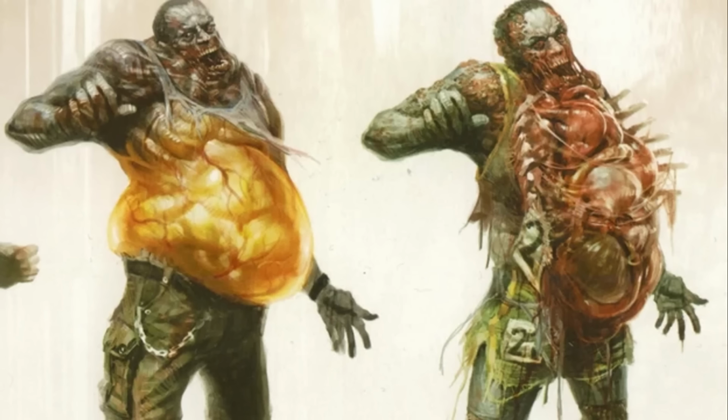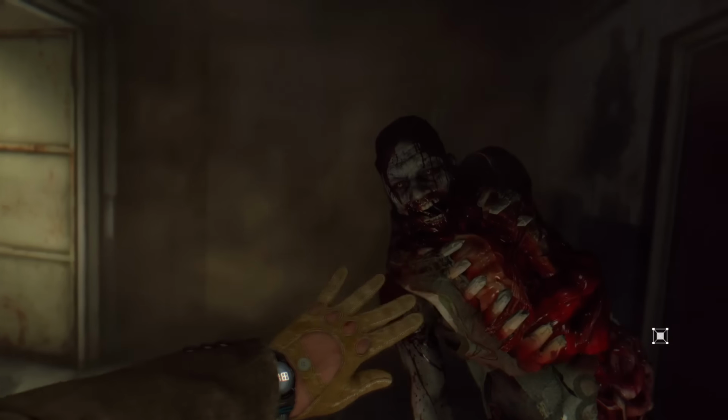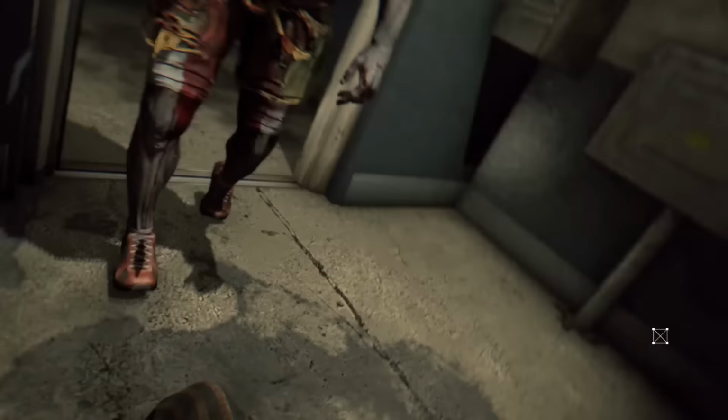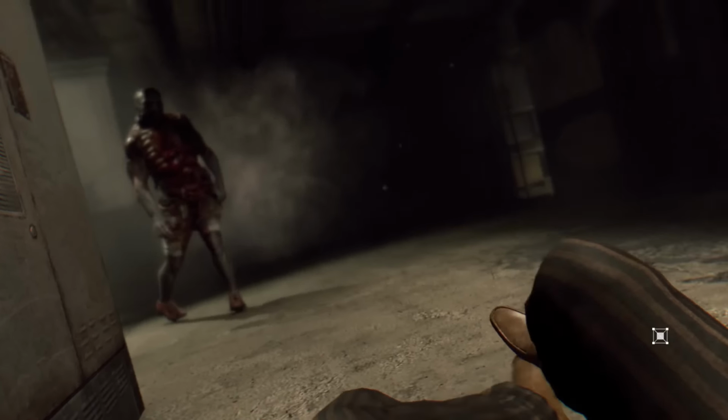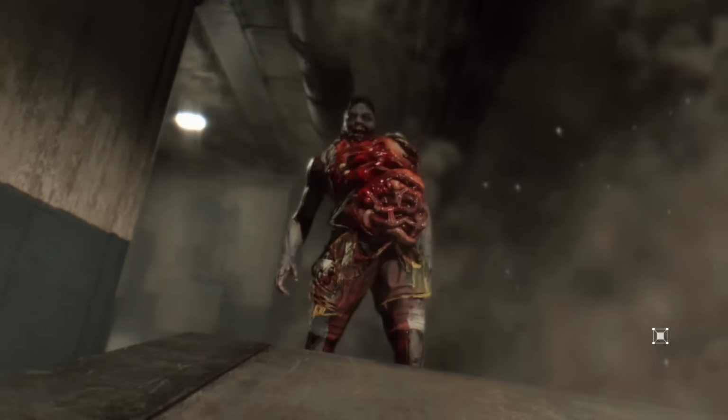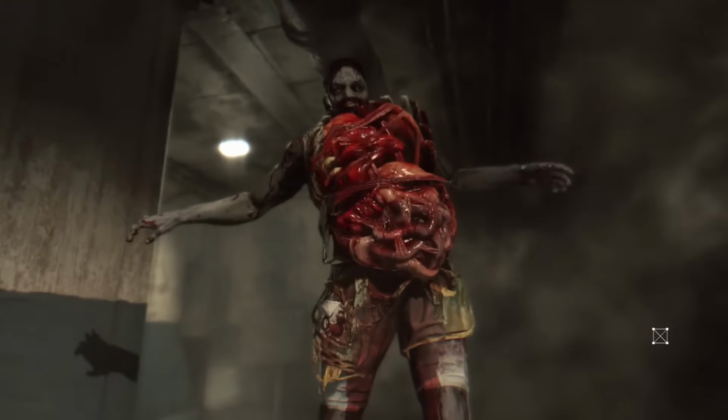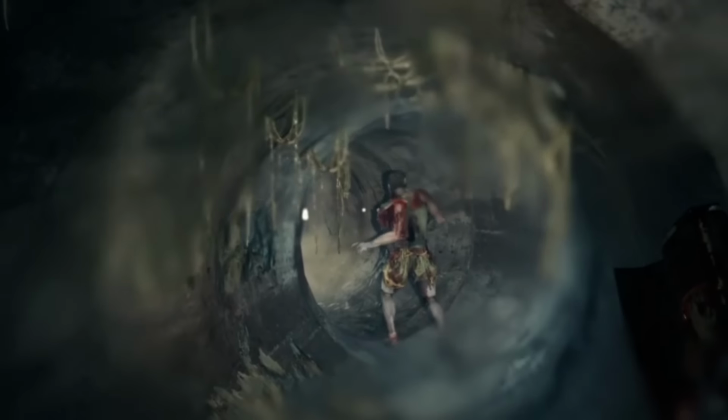Bomber. As its name suggests, bombers explode. Once they see their victim, they'll charge at them and detonate whether they reach them or not, with the explosion attracting virals. They are bloated, their exposed organs visibly pulsate, and they emit painful whimpers, making them easy to identify. It's best to dispatch them from a distance.